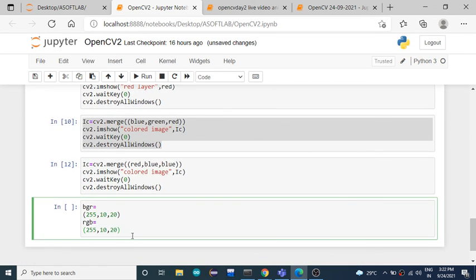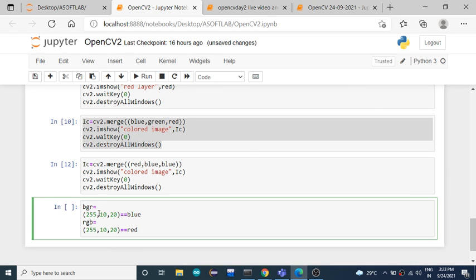So what's the color? If it is a pixel in the BGR format, then it will be displayed in almost blue shades. If it is in the RGB format, it is nearer to red color, because the red has more intensity, more concentration of the red color is here.